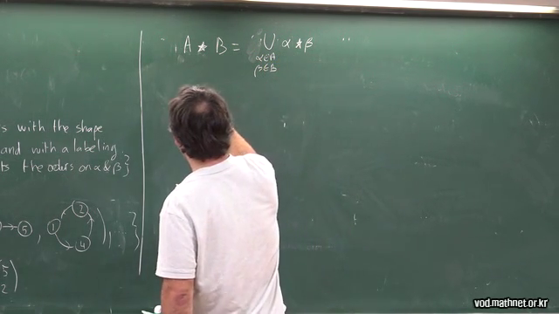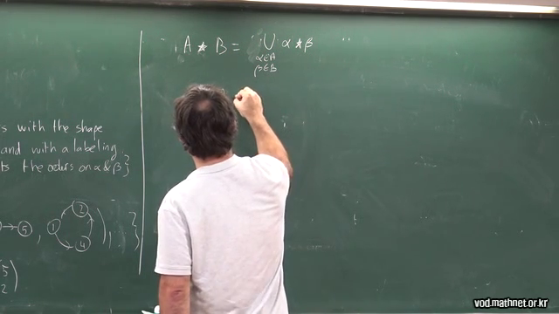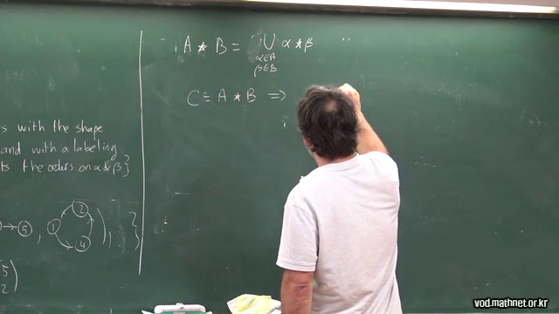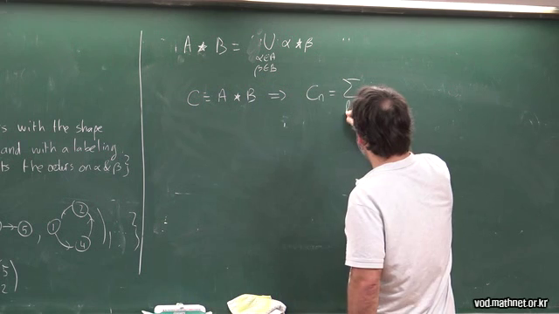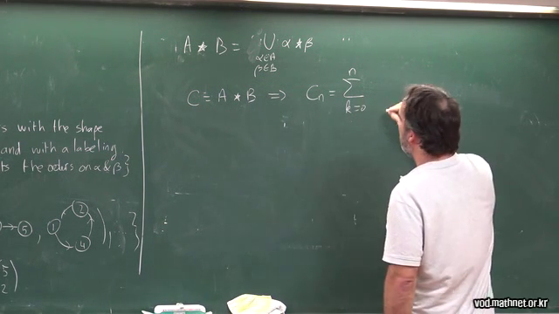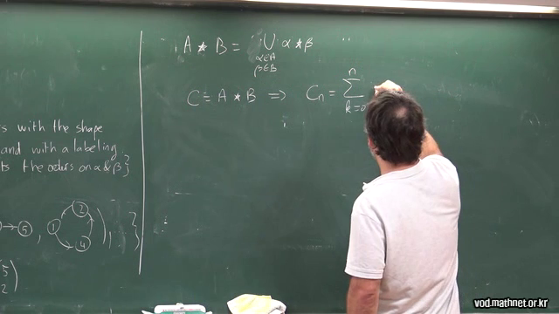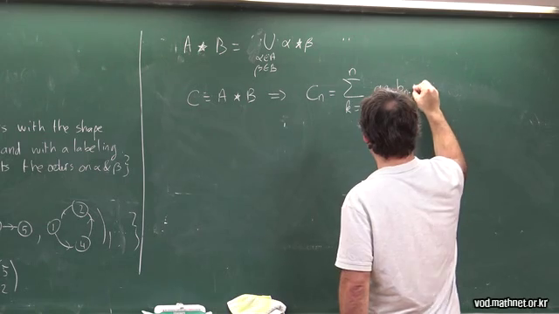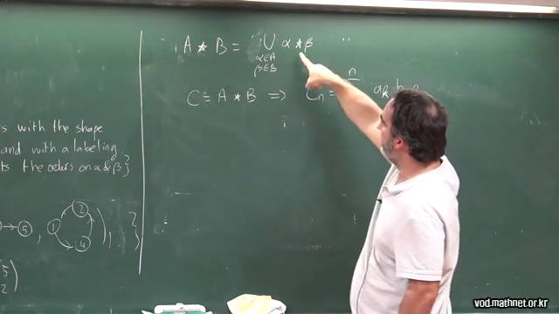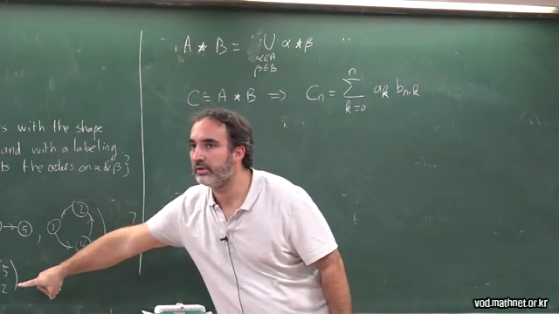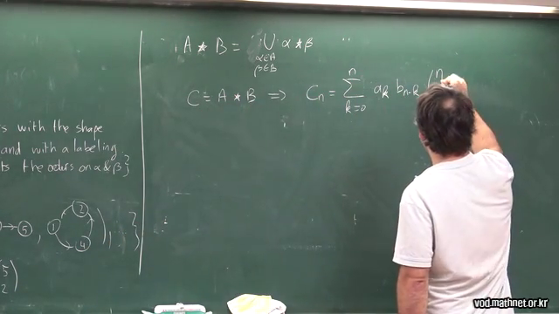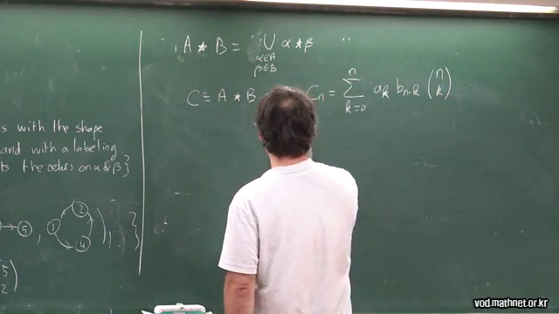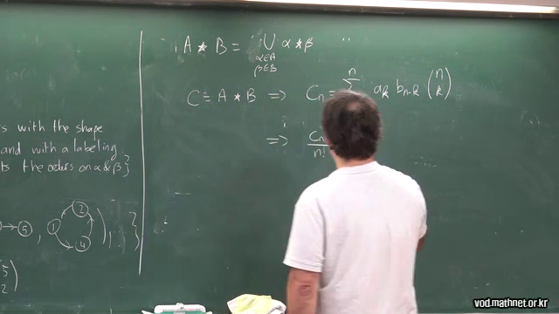And you get that if C equals A labeled product B, then Cn equals, well, you split in two, and you get An, Ak, Bn minus k, but also, so this is a number of possibilities, and also you have this binomial coming from here. Okay, and so if I expand this, I get that Cn over factorial n equals